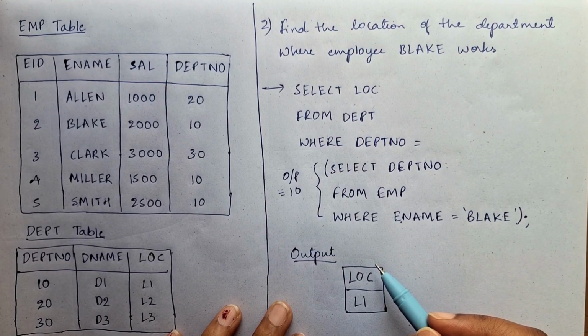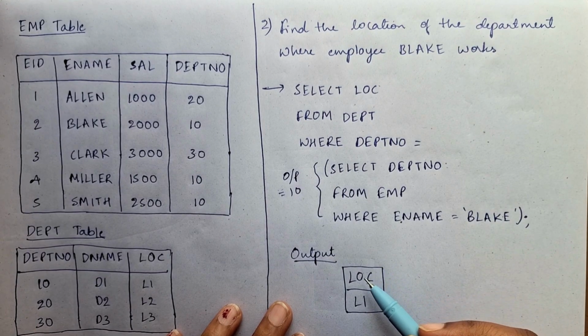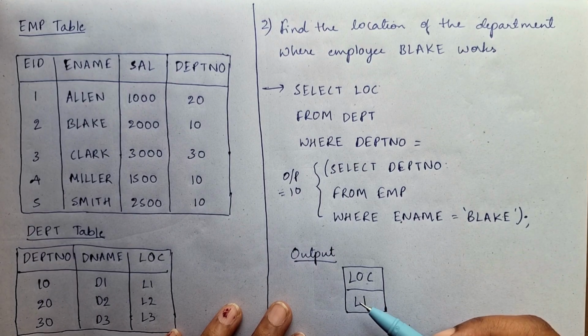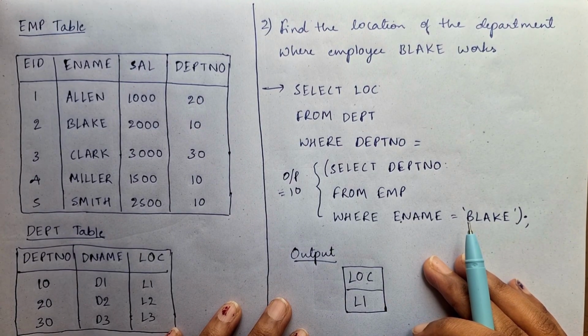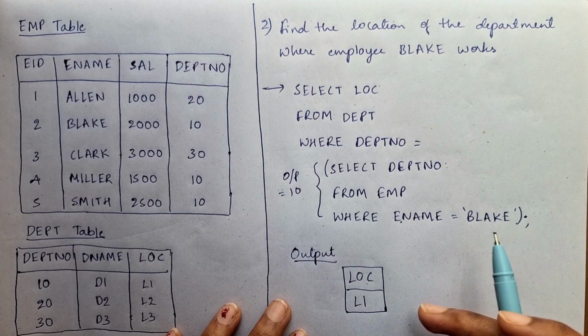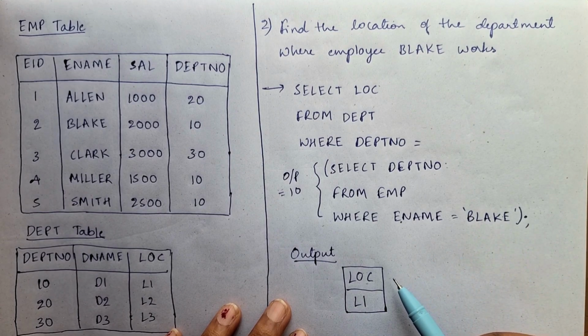In today's video, we first did a quick revision of what a subquery is. Then we understood the types of subqueries. And after that, we learned in detail about single row subqueries using examples and step-by-step explanations. I hope now you clearly understood how a single row subquery works and how the inner query and outer query execute.